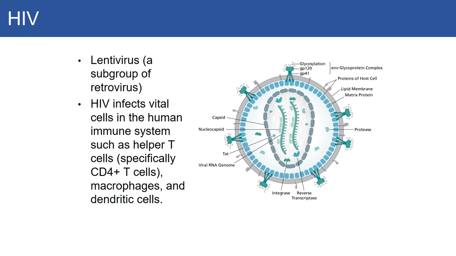Interestingly enough, mononucleosis and Epstein-Barr are both herpes viruses. So HIV is a lentivirus. It's a subgroup of the lentivirus that is a retrovirus. HIV infects T cells, CD4 positive T cells, macrophages, and dendritic cells, and you might note that those are all immune cells. Now, one thing that's also very important is that there's a protein called GP120. That's one of the fusion proteins. It has a ton of glycosylation, and this will serve as the anchor point for this lecture